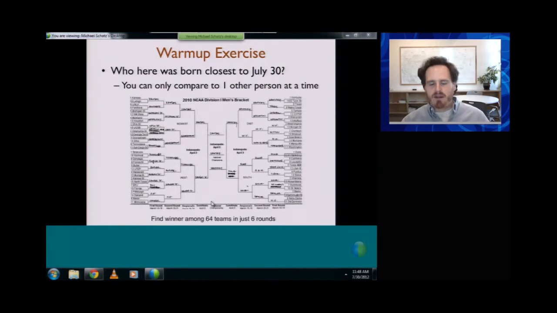In our case, we have a couple hundred people, so maybe we're talking 8 or 9 different rounds of computation. But through the power of log, if we scale this up to billions and billions of people, in just about 30 rounds of parallel computation, we can figure out who was born closest today. So there's this really nice scaling property. If we can organize the parallel computation in just the right way, it doesn't require very many rounds of parallel computation to solve even these very big problems.